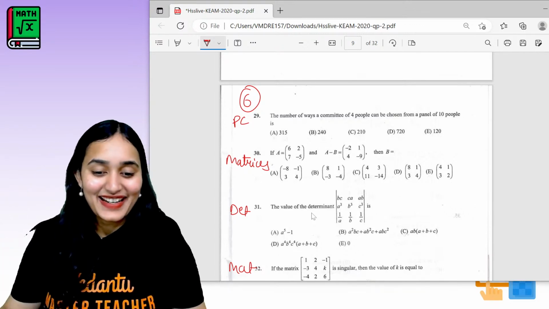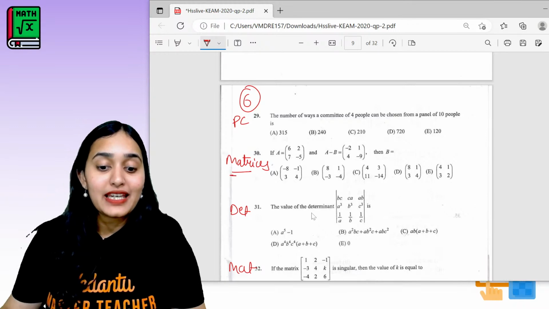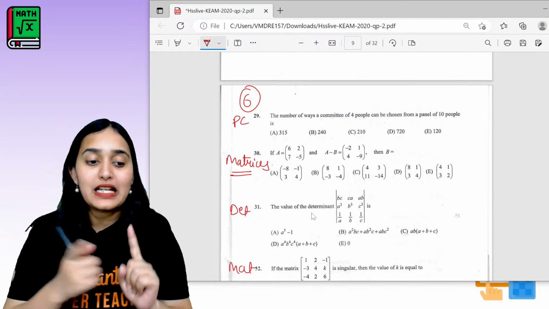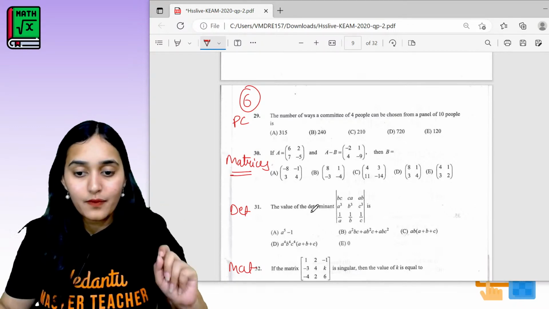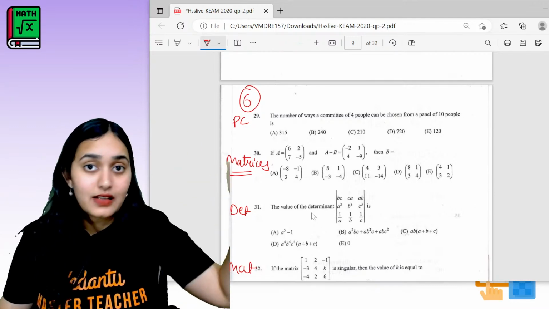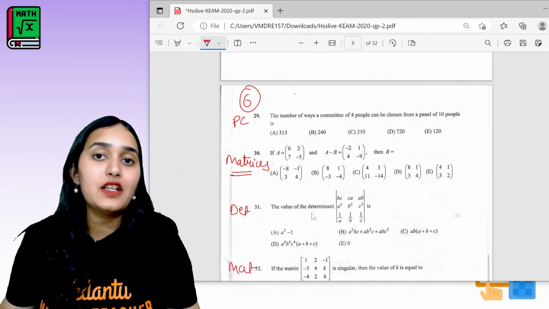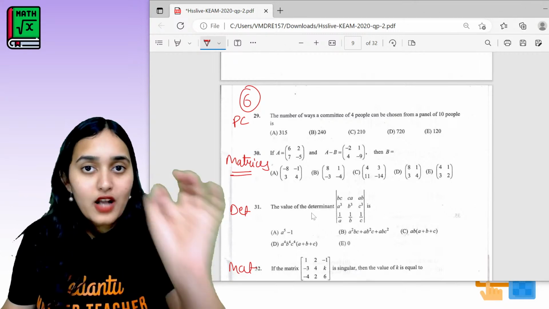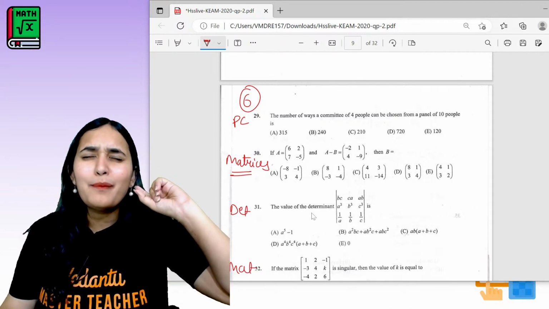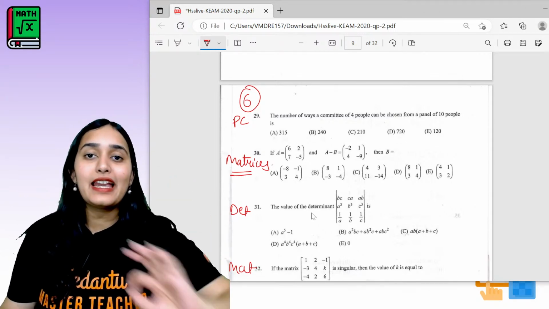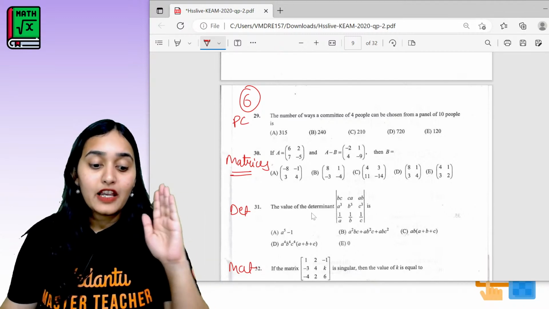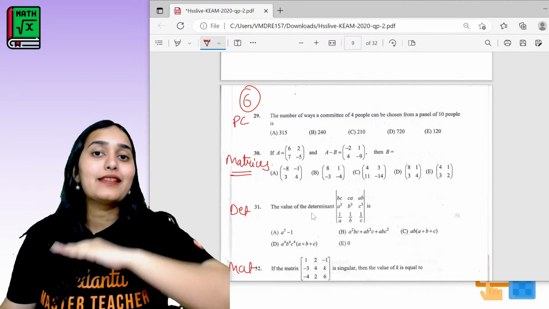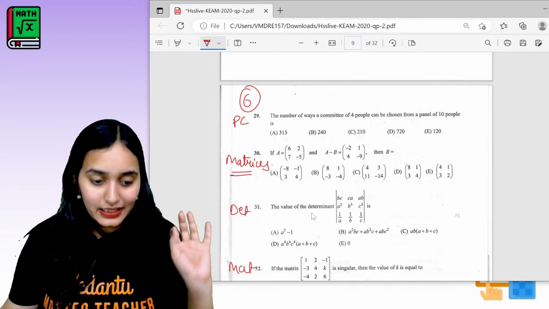Right? Okay. Next are super easy and scoring chapters, matrices and determinants. Now, the matrices chapter we have just done. I have already given the one shot of that lecture. Do watch that lecture. It has complete detail of each and every topic. If you watch that lecture, your matrices is done. You don't need to do anything else.